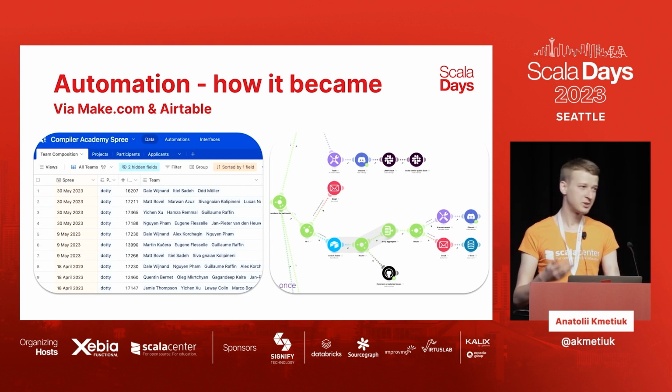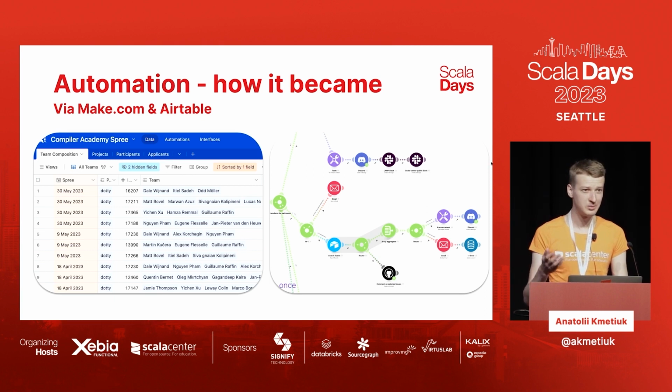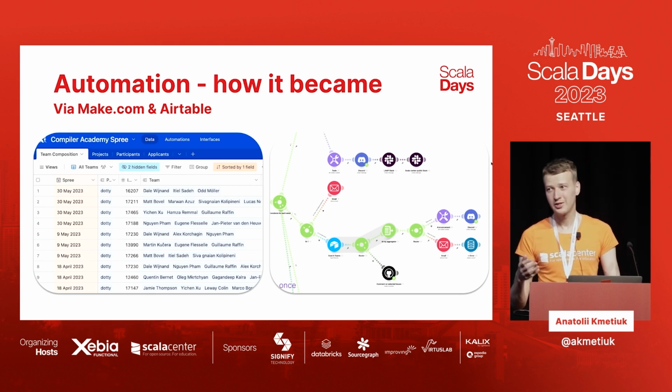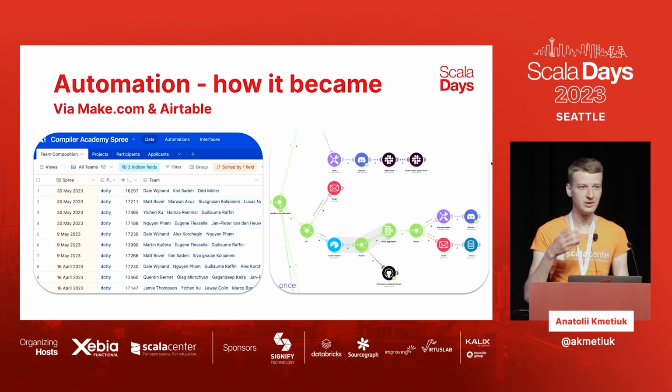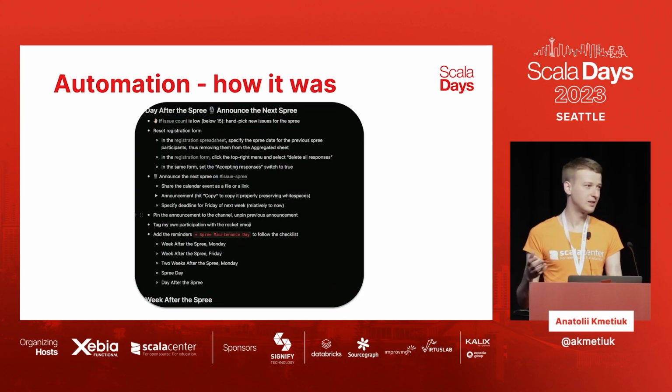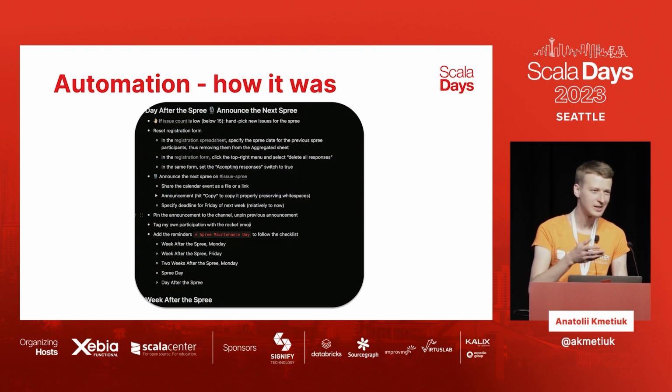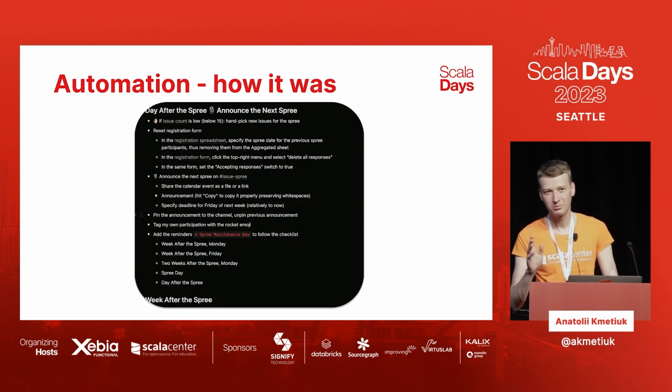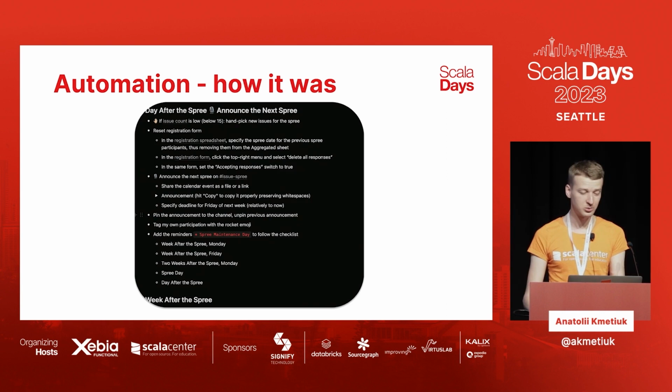And rewriting it from scratch is also important for flexibility, because as we scale, we need to change the format. As we change the format, we change the checklists. And this is what I was frequently doing with this checklist that you see here. I found myself frequently going to it and adding new tasks, removing old tasks, finding more things to optimize. So you have to modify this frequently.